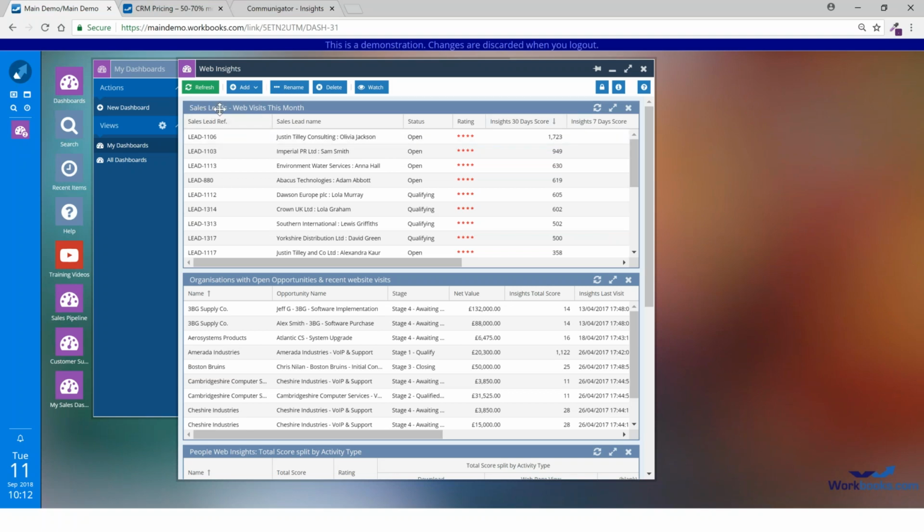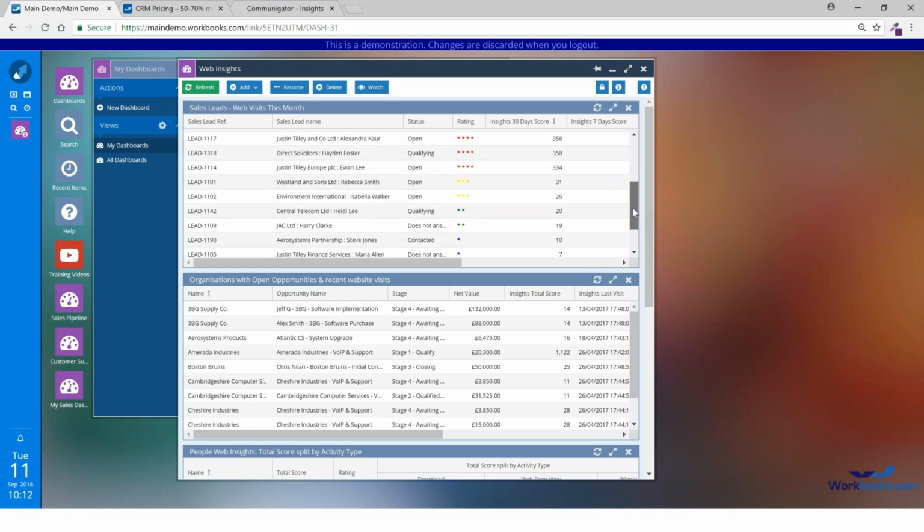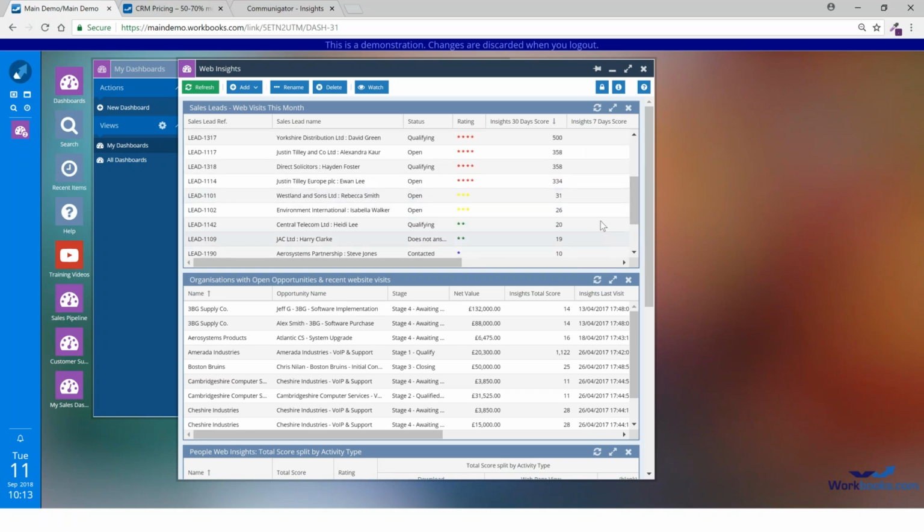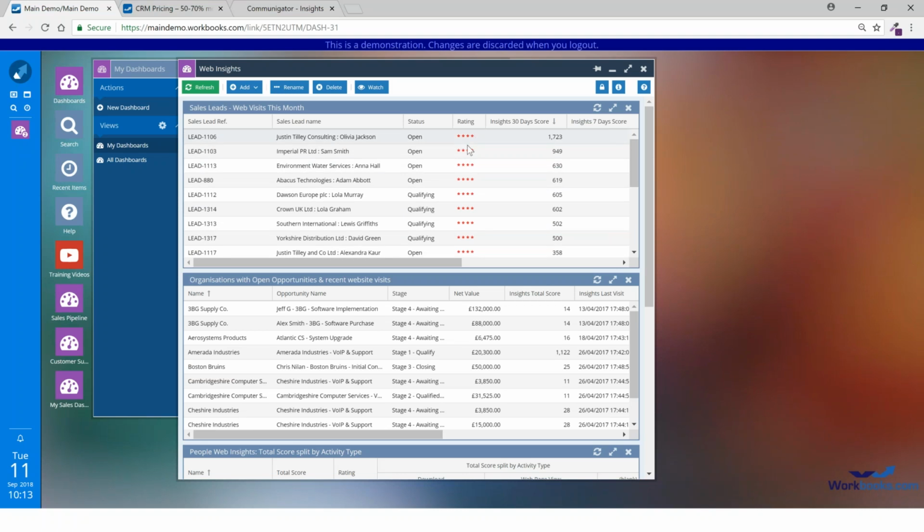So the top little part of the dashboard here is sales leads, and you can see here I've got a list of the sales leads, how I've rated them. Now this star is based on the number of scores added up. You can see the lower scores, they go down to a different number of stars. This is a typical reporting tool within workbooks where you can give rules to different colors and so on. Fonts. So this particular record here, Justin Tiley Consulting,